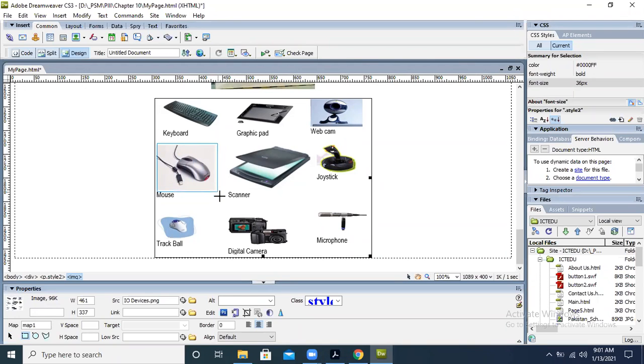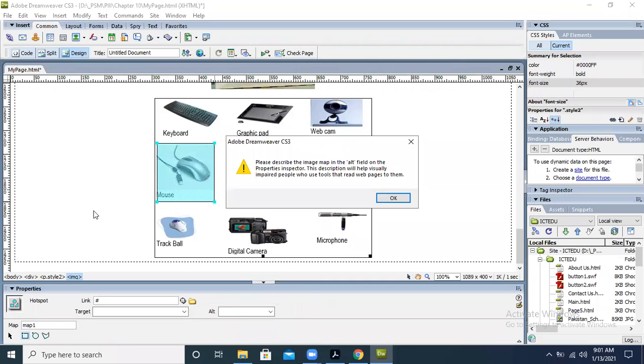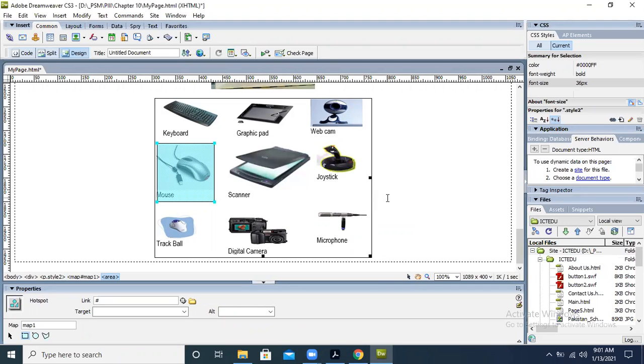Okay, map 1 I am giving over here for mouse. Please describe the map in the alt field on the properties inspector. This description will help visually impaired people who use tools that read web pages for them.